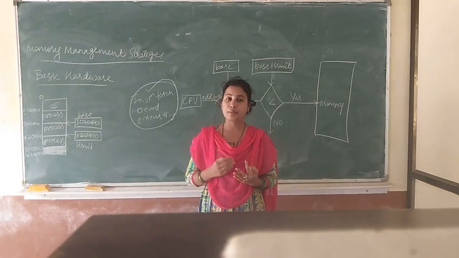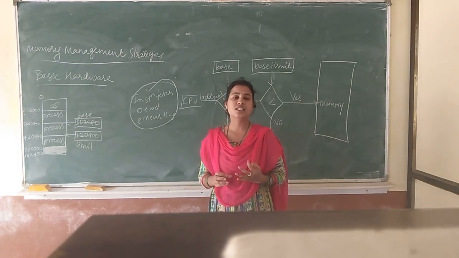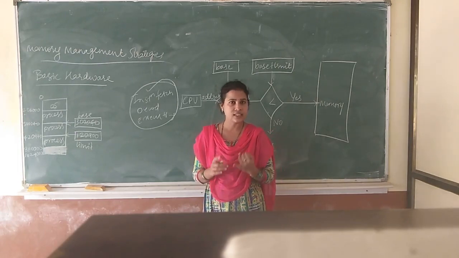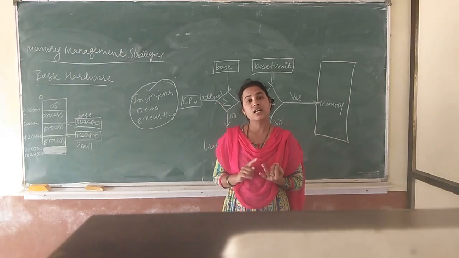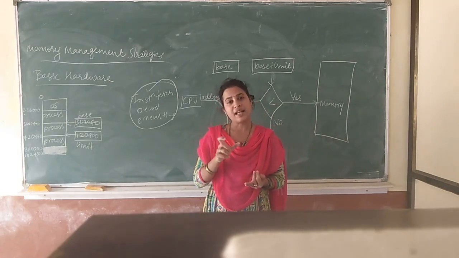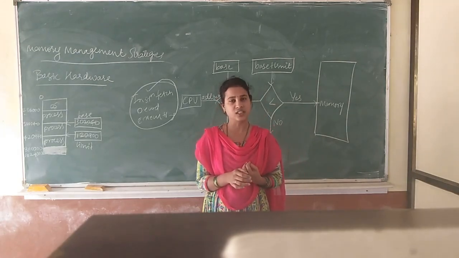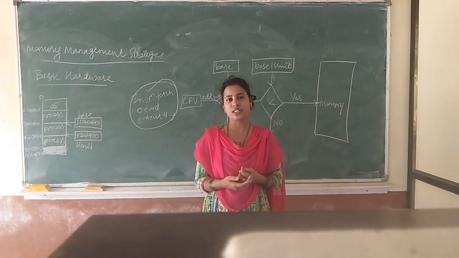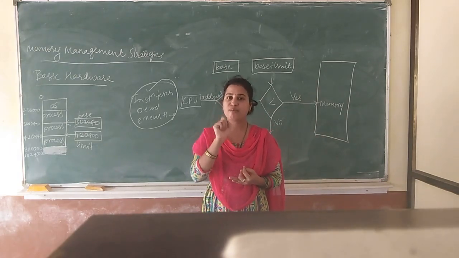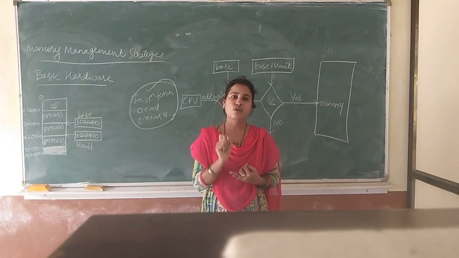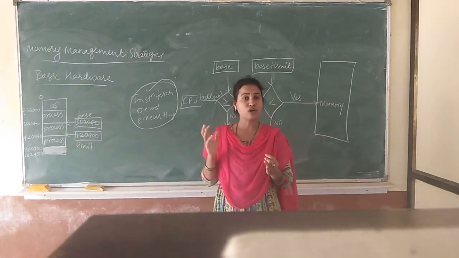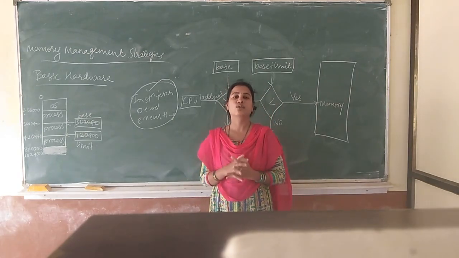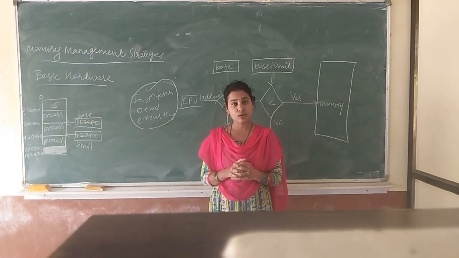Because we have limitations: these registers are very few in number. This is one point. Another is that the space capacity of these registers is very small, like 8-bit registers and 16-bit registers. In terms of bits, you will have the storage capacity. That is why we cannot accommodate all the data in the registers. So what do we have to do?